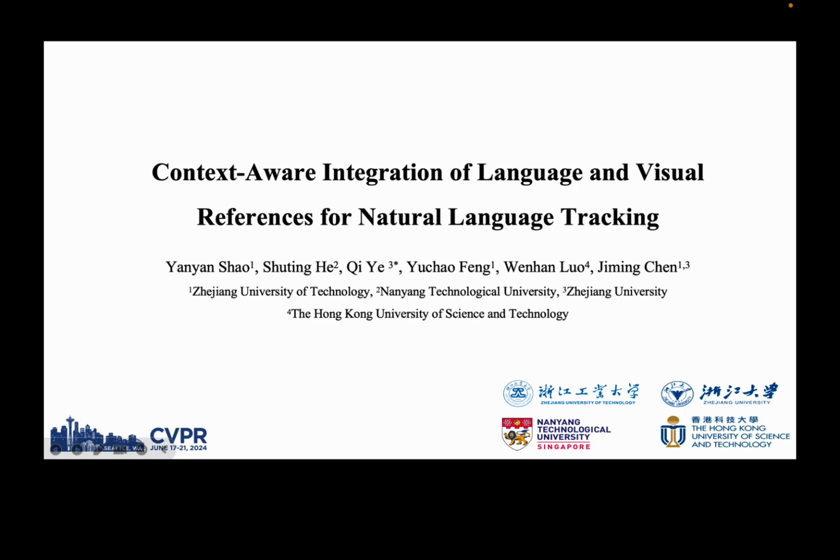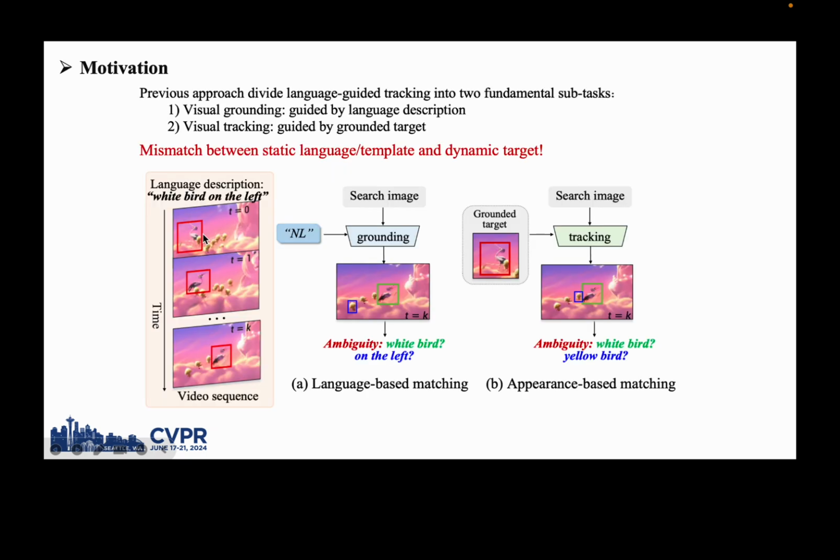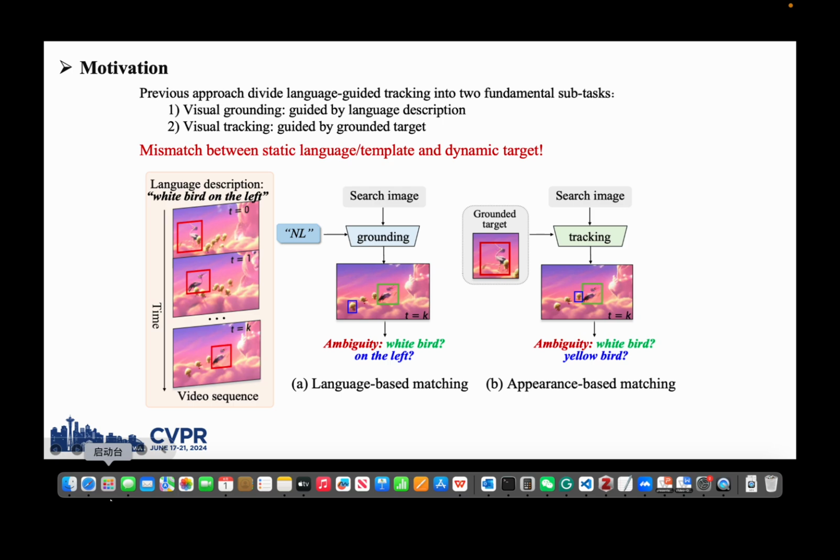We present Query NLT, context-aware integration of language and visual references for natural language tracking. Tracking by natural language specification aims to consistently localize a target in a video sequence, given a linguistic description in